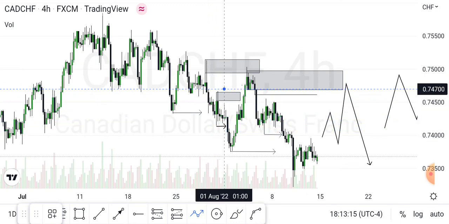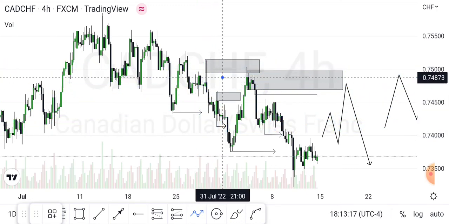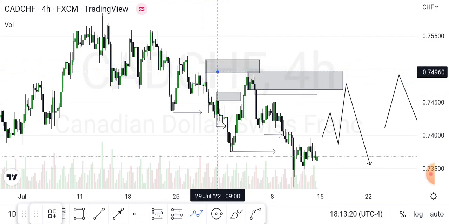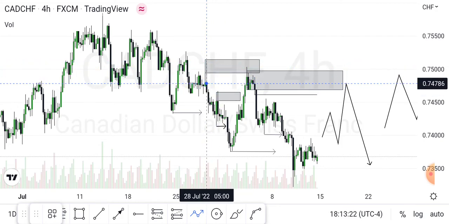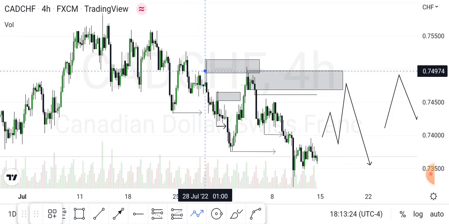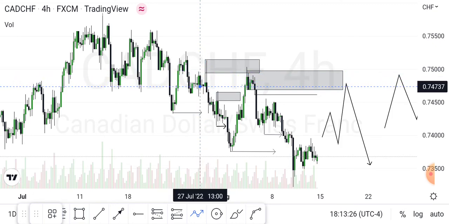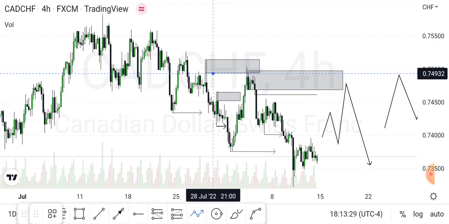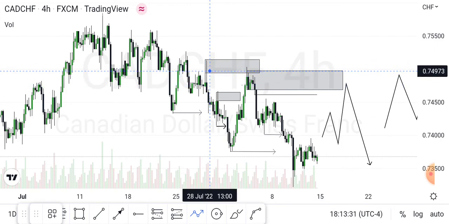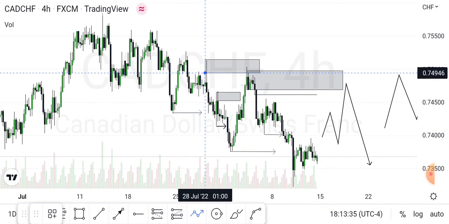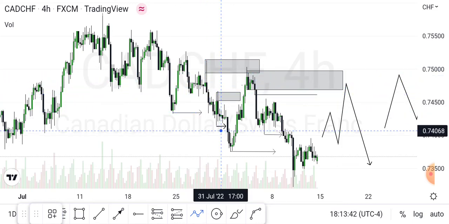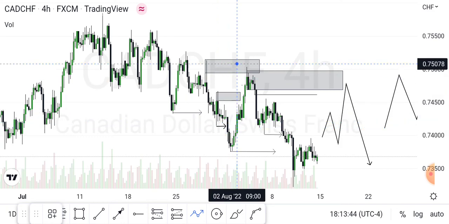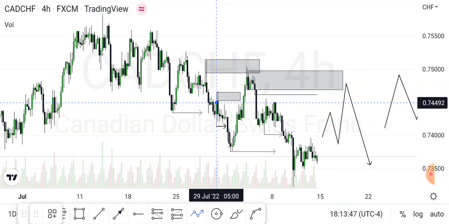Now why? Because we have an untapped area of supply here, the EQ of this FU candle. We saw this nice graph of liquidity, isn't it? So we have an untapped OB here, and we have this EQ to be our point of interest, to be our order block. So now, since we have this untapped OB here, we should know every other thing happening here will be inducement. And that's what we got here.